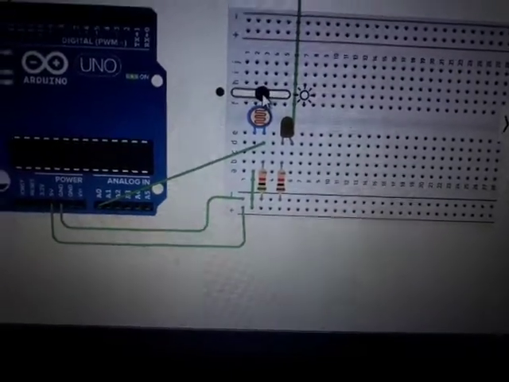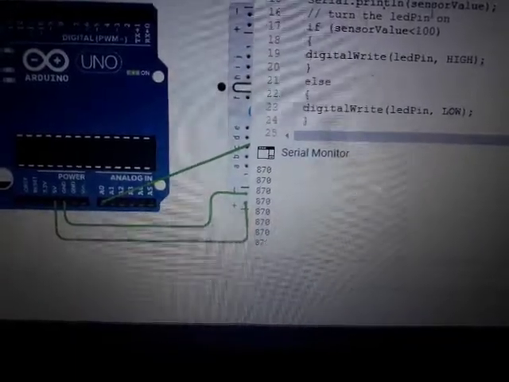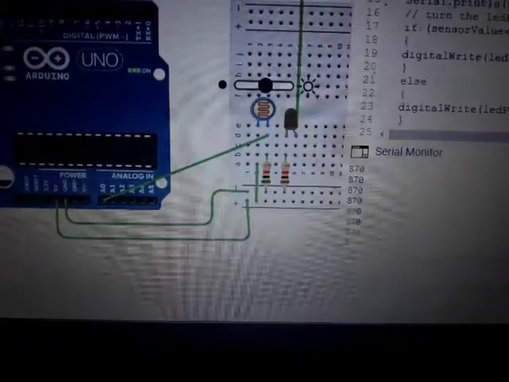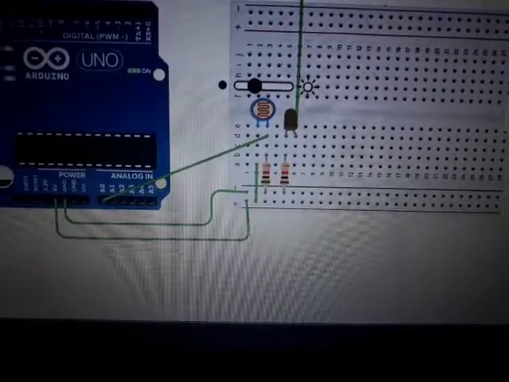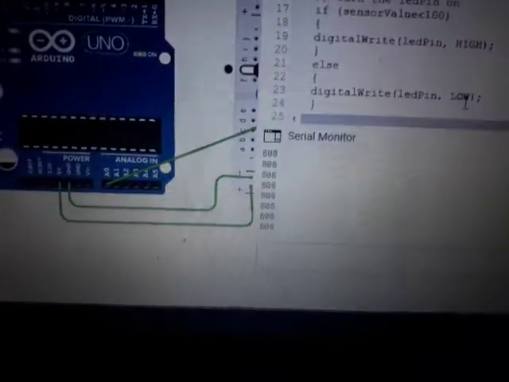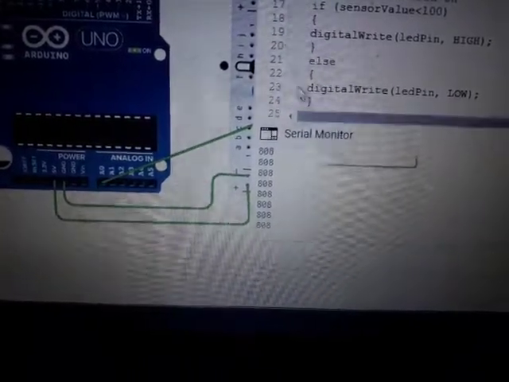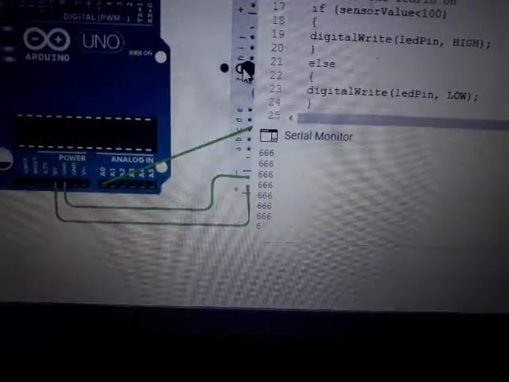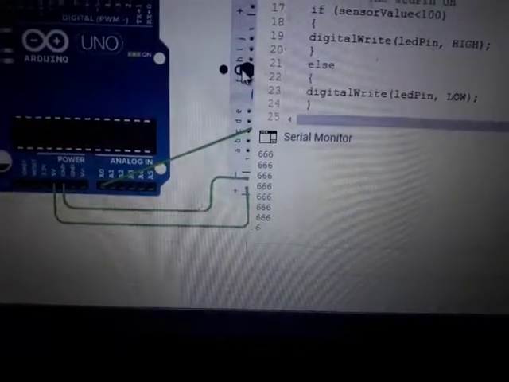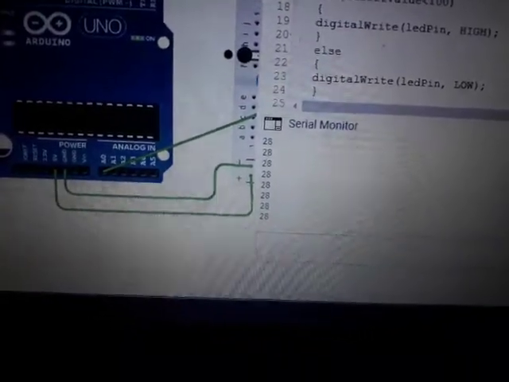Let's say in the middle, the value showing is approximately 870. If I move this pointer here, then the value will be less. You can see this value is decreasing. So this is my program. Thank you very much.